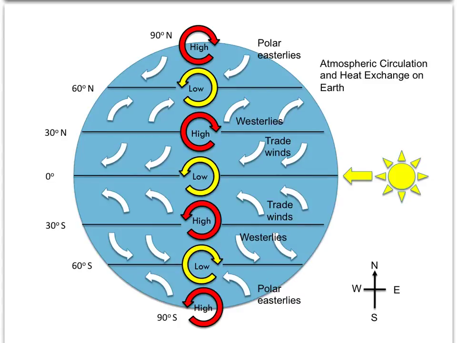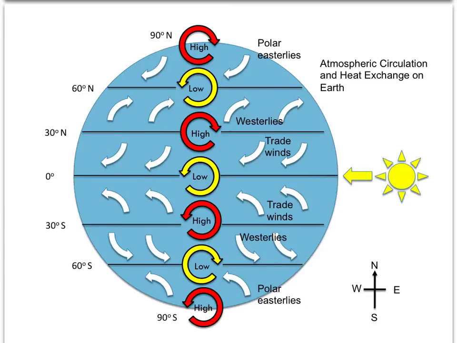And then of course you're going to have the westerlies here, and the trade winds flowing into the equator, and then the polar easterlies flowing out of the poles. And you'll notice that in the wind patterns in the northern hemisphere, you're going to have a deflection of the wind towards the right, and a deflection of the winds towards the left in the southern hemisphere. And again, this is caused because of the Coriolis effect and the rotation of the Earth on its axis.